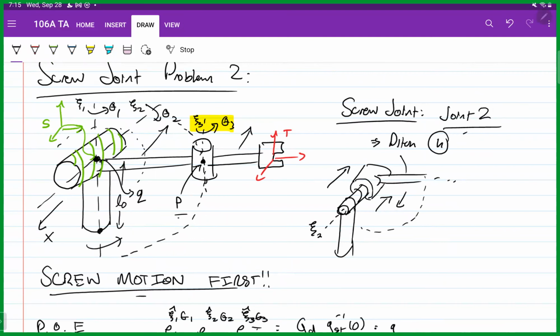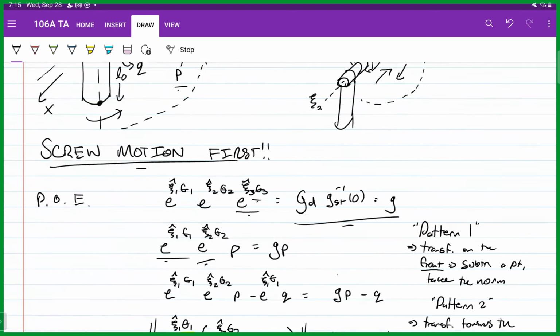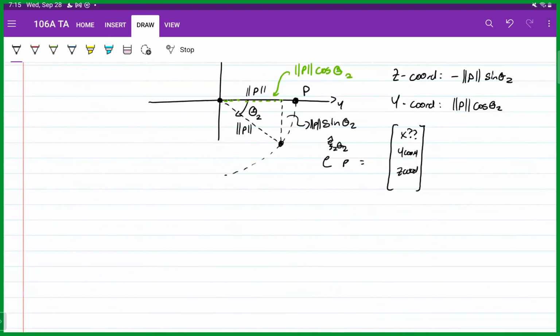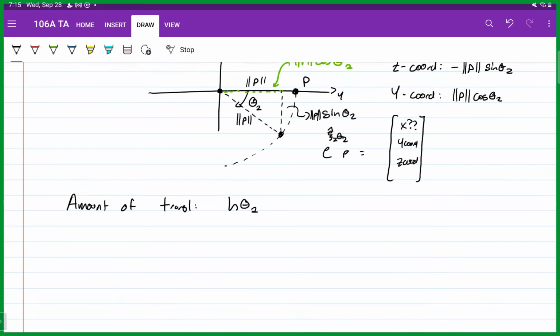So by the right-hand rule, if we're going inwards in the page, for a positive theta, we're going to have our translations happening in the negative x direction, okay? So we give the amount of translation by the pitch of the screw, h, times the amount that we are rotating, theta 2, okay? So we know that we're going backwards by a distance h theta 2 into the board for every theta 2 that we're rotating, okay? So that gives us our total points